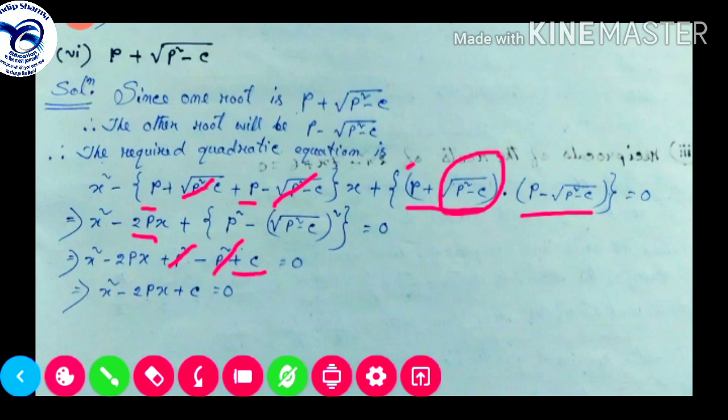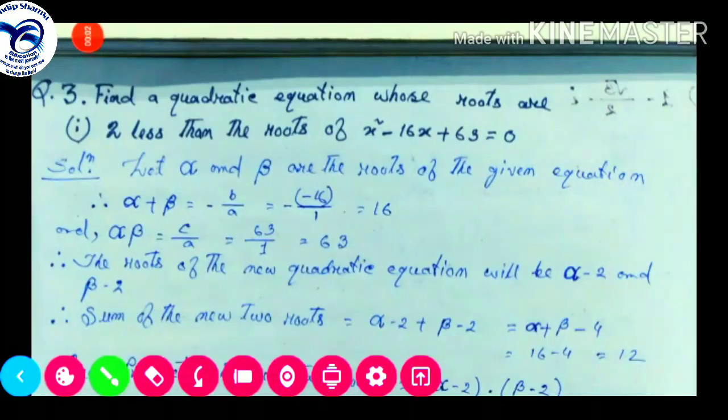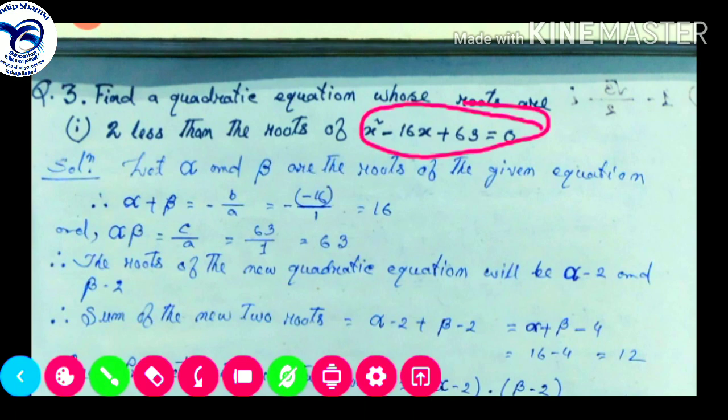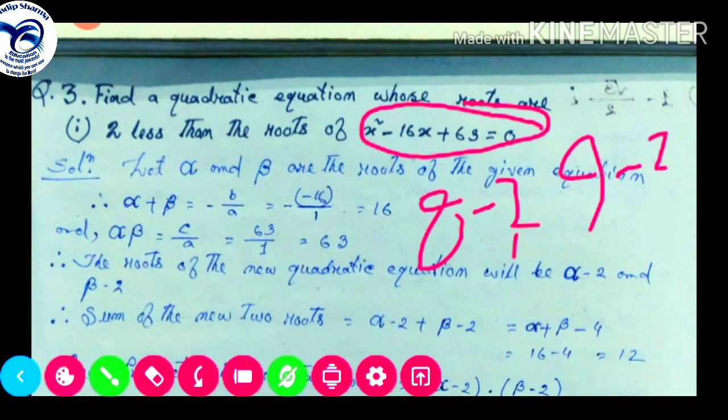Now we'll start our question number 3. Question number 3, it is very easy. See, find a quadratic equation whose roots are, we need to find out one quadratic equation. This quadratic equation's roots will be 2 less than the roots of this equation. Whatever the equation given, suppose in this equation the 2 roots are maybe 8, one root, and another root, suppose 9. Then you need to find the equation whose roots will be 2 less than these roots. So 8 minus 2 and 9 minus 2, that means it will be 6 and 7. So like this, the roots will be of our new equation. So this equation we need to find out.